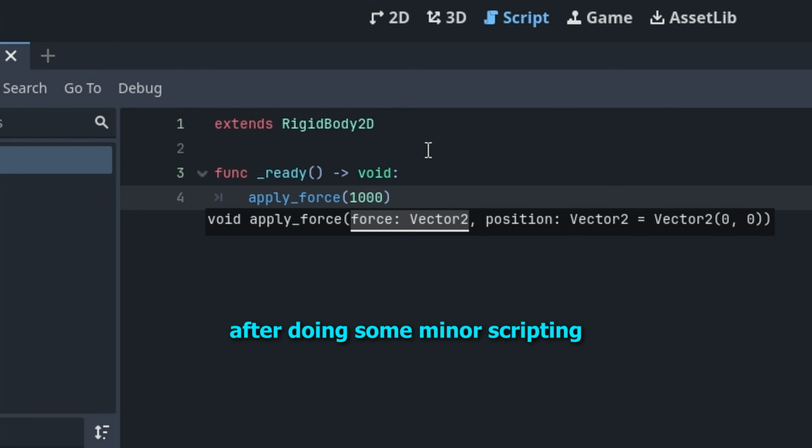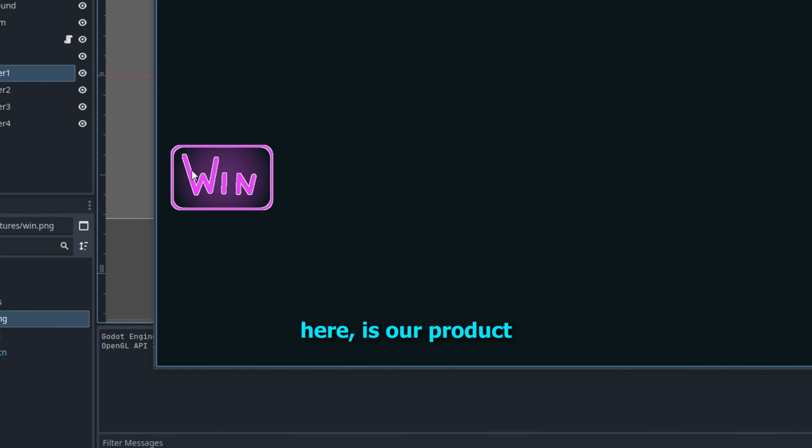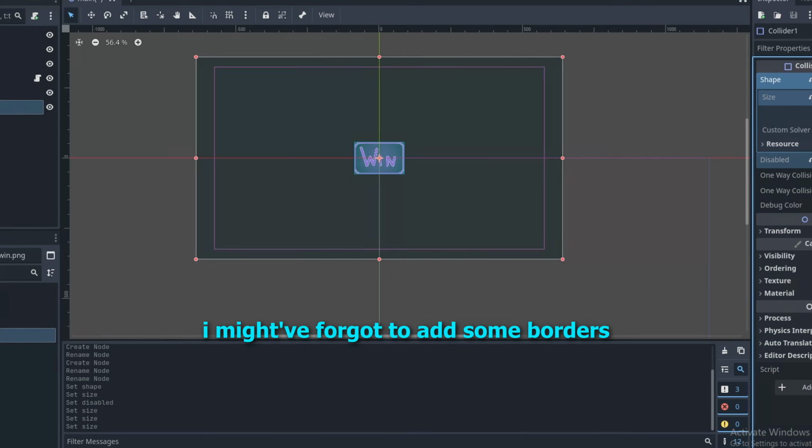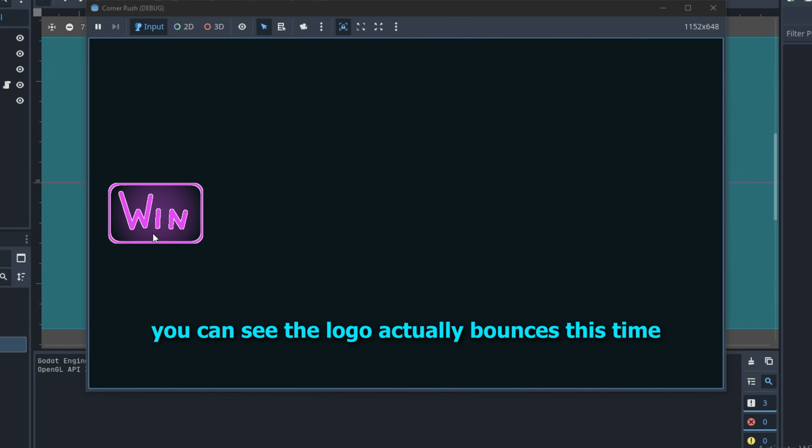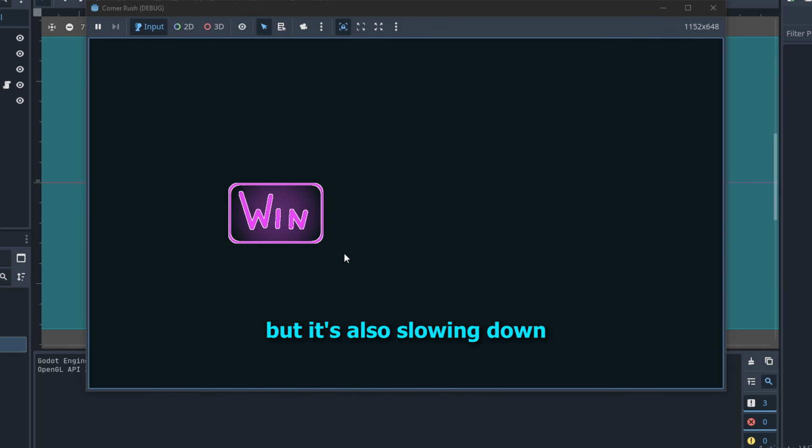After doing some minor scripting, here is our product. Where the hell are you going? I might have forgot to add some borders. Now when I start the game, you can see the logo actually bounces this time, but it's also slowing down,